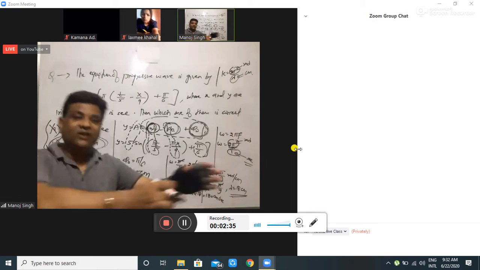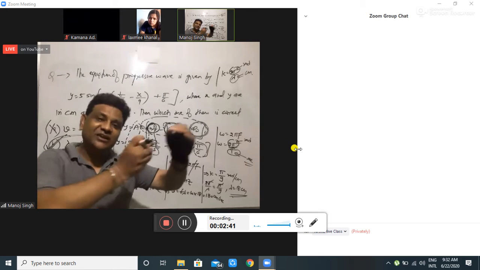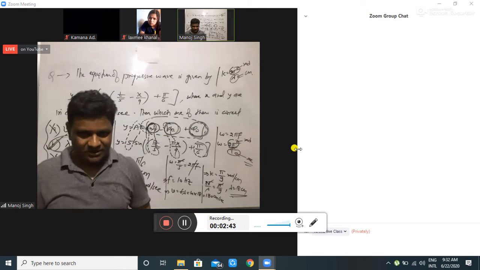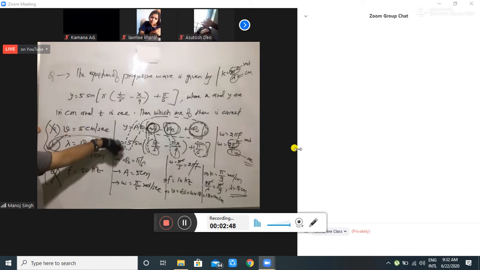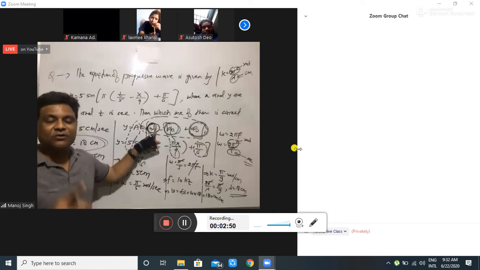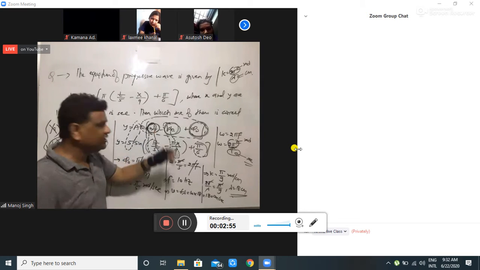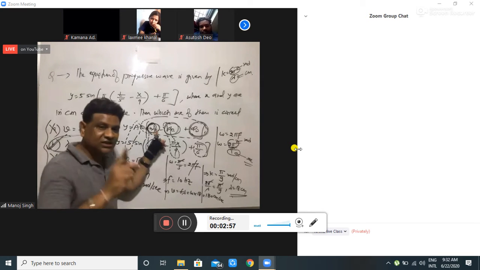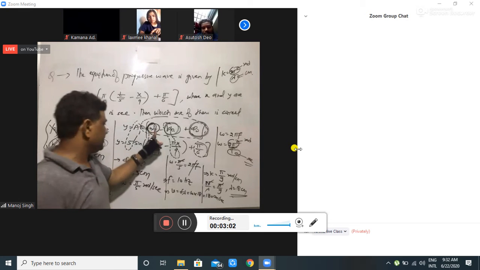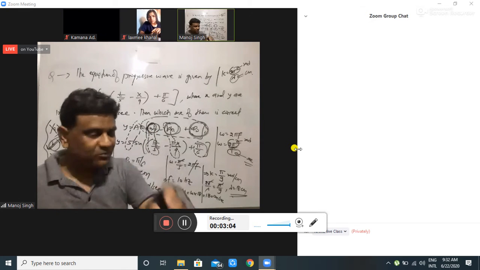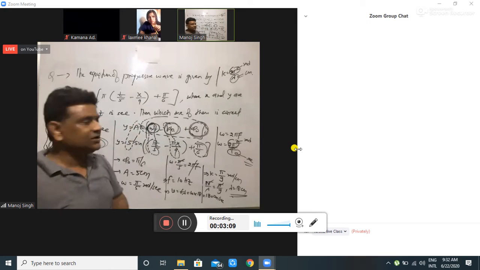convert it into the general form of a progressive wave. First we will convert the given equation into the general form of a progressive wave, and then after both equations we can compare. Unit of omega depends upon the unit of small t. If small t is in second, omega will be radian per second. If small t is in minute, omega will be radian per minute.